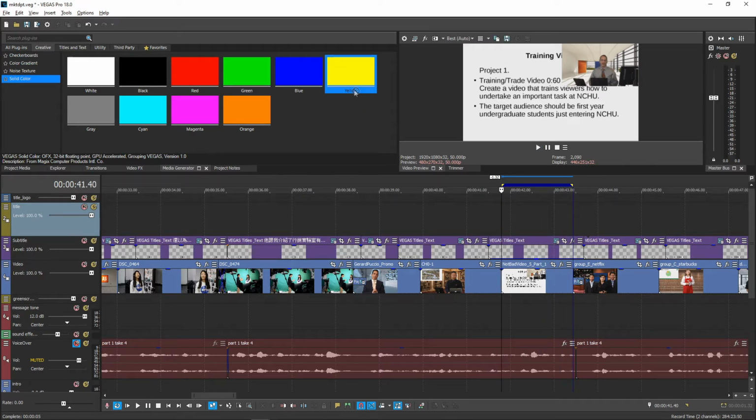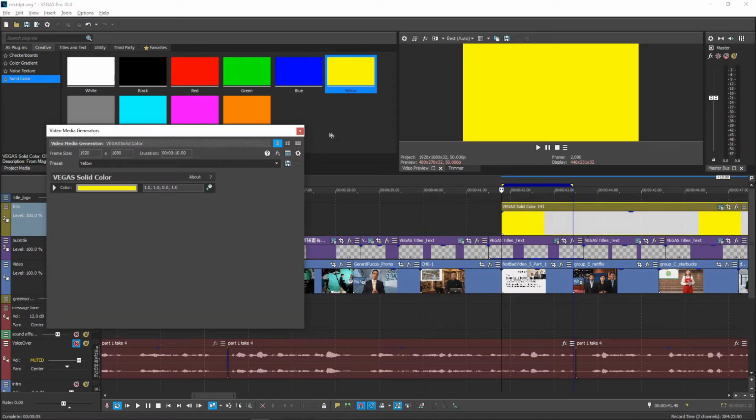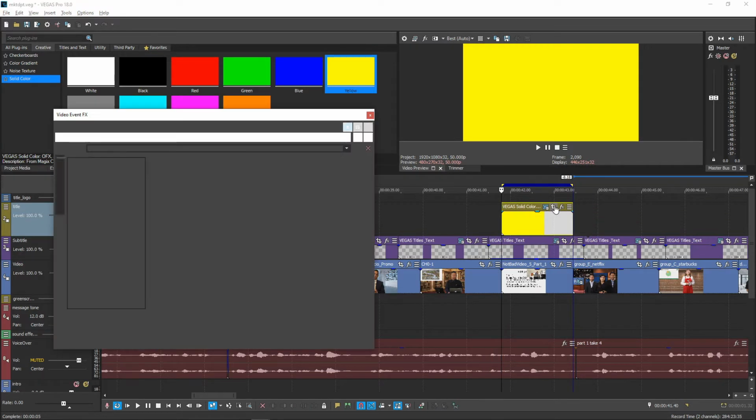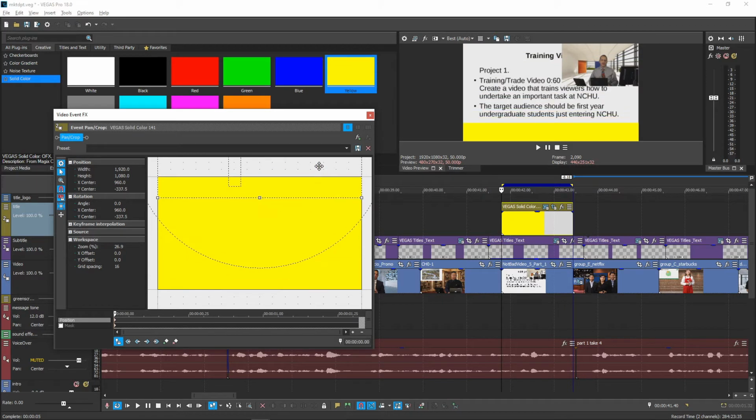So, go into Media Generator, Solid Color, and pick a color you like. Once that's done, we can go into our handy pan crop tool and just move it up so only the top part of the generated media is showing. I like to use the arrow keys to be precise, or else sometimes I accidentally end up with gaps on the sides. Or, for a personal hack, I'll just zoom in. If the media is wider than the frame, there is no way for me to accidentally leave a space on the edges. There. Now, doesn't that just look like a solid colored bar along the bottom of the screen?